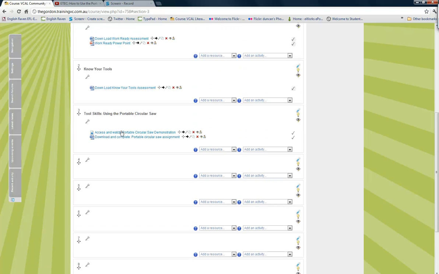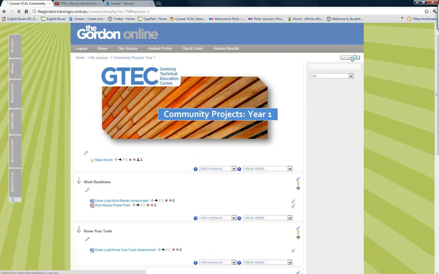Now what I'm going to do, to limit the amount of confusion between these two files, is click on this arrow button which will move it right, and that just shows that this one comes first, which is the video, and then here's the file that you download and complete. Okay, and that just helps to show a sequence of activities. If I turn the editing off now,